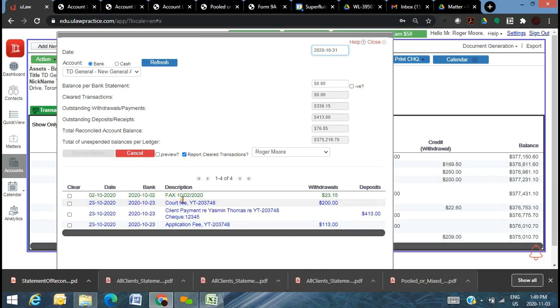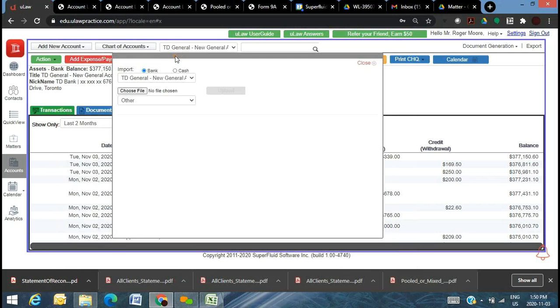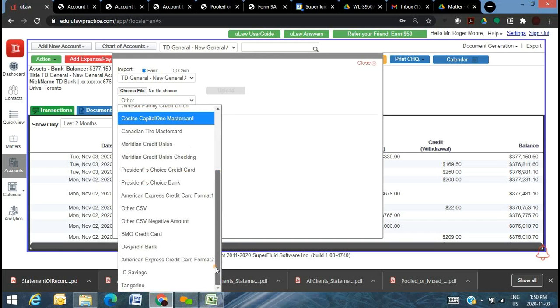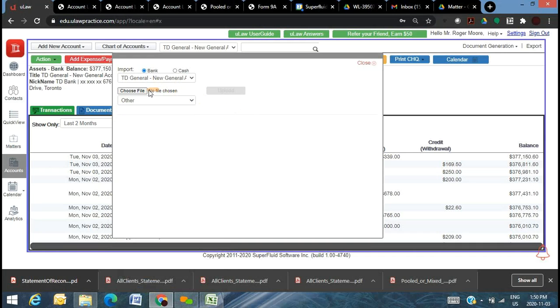So yes. For example, the fax was actually an expense that occurred for 2315, and that shows in green because we have a tool here called Import Bank Statement. So let's say you bank with TD, CIBC, RBC, or credit union banks. We have different templates for many prominent financial institutions, let's put it that way, in Canada. So I'm going to choose a TD